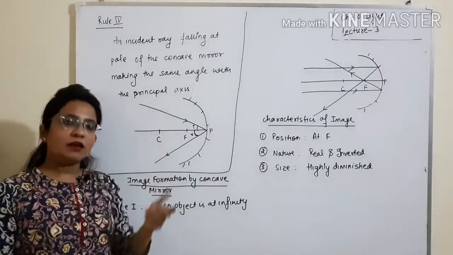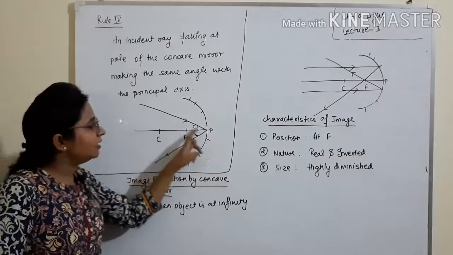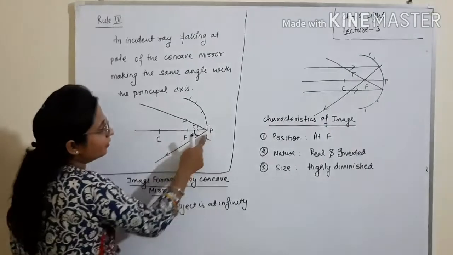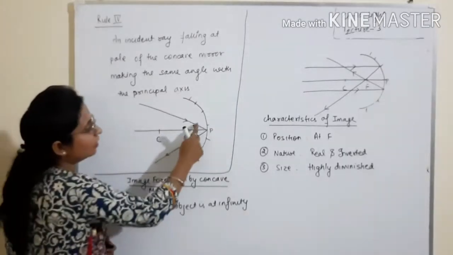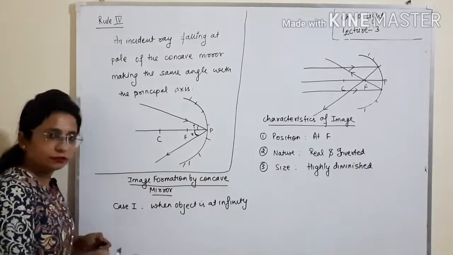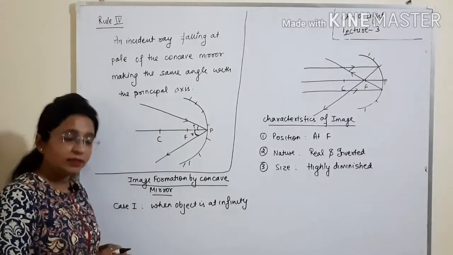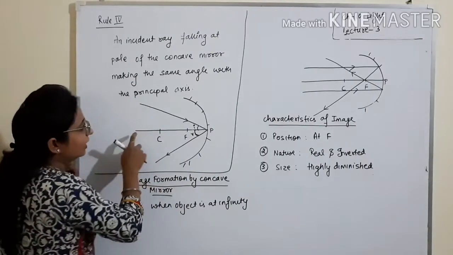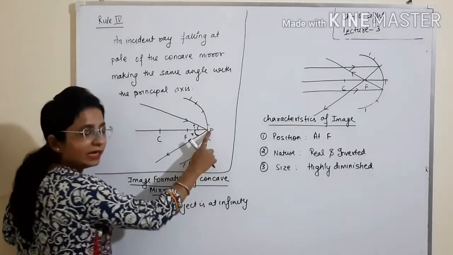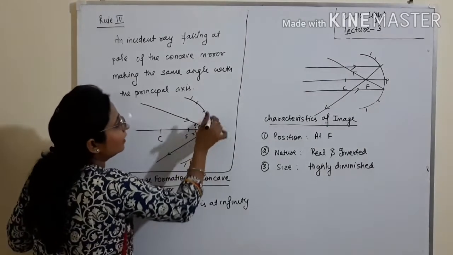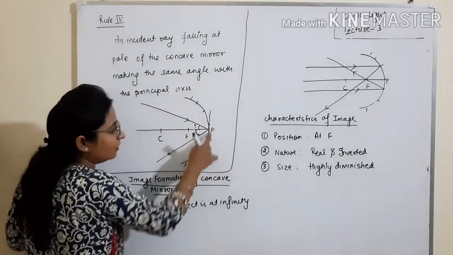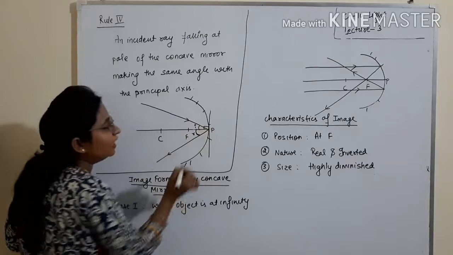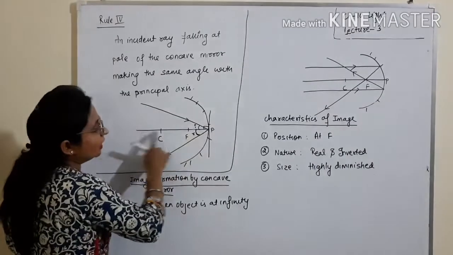The next and the last rule states that if a light is falling on the pole of a concave mirror, in that case it will reflect back in such a way that angle of incidence is equal to angle of reflection, that is following the laws of reflection of light. Actually, in all the cases, the laws of reflection of light is followed. You can see this at this point, because this is the center point, you can see that principal axis is like normal, because if I draw a tangent at this pole, so we can say that this is 90 degree. That's why this is behaving like a normal.